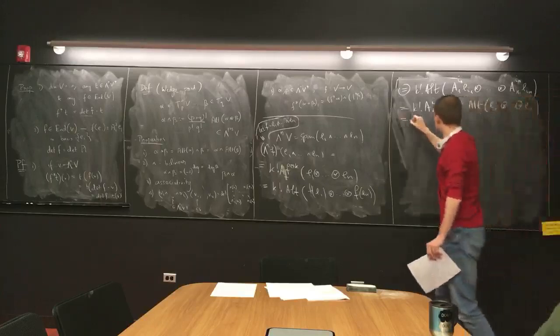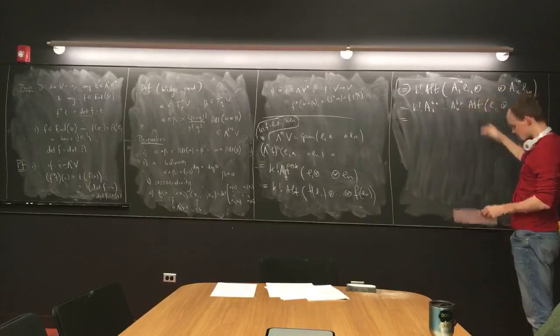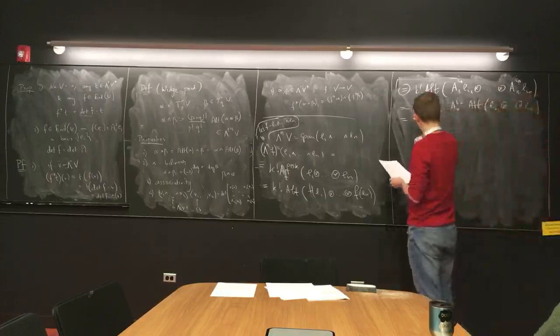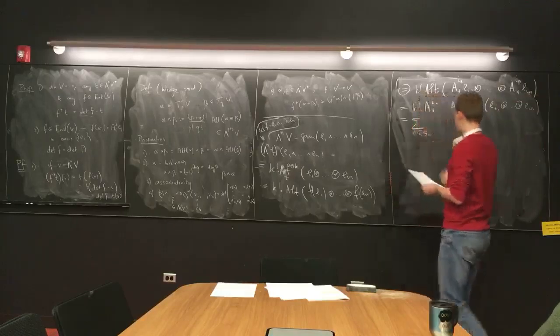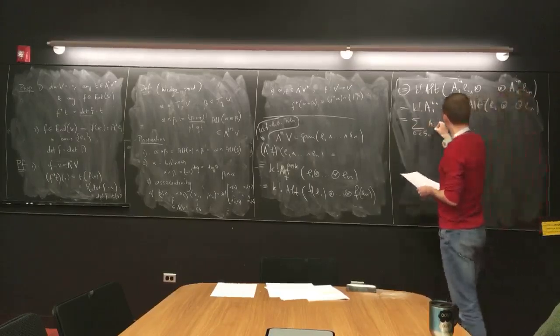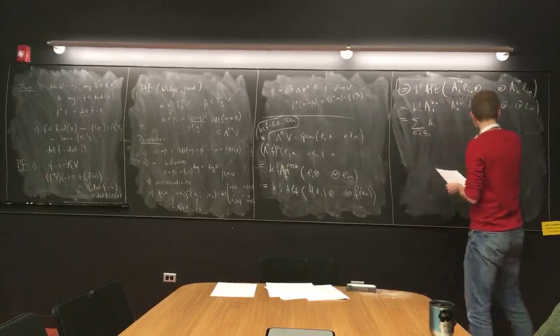Now this alternation is a sum over permutations, right? So this is going to be a sum over permutations of n elements of A_{i1...in}